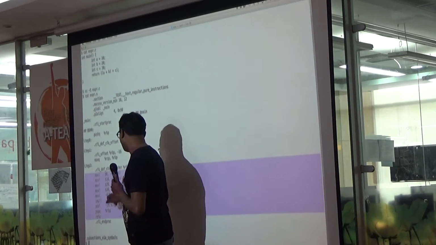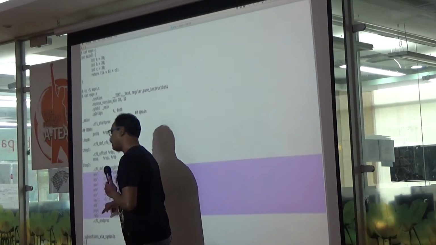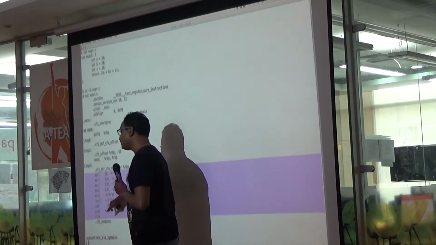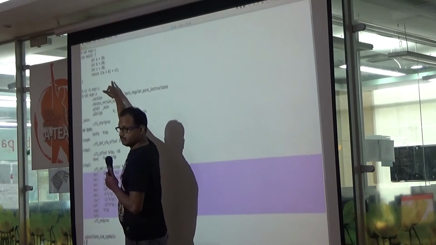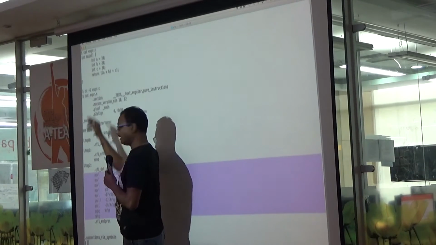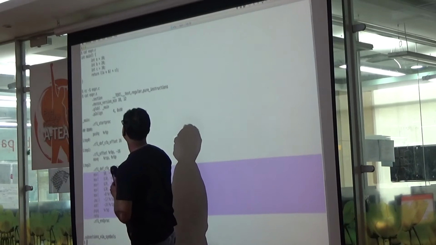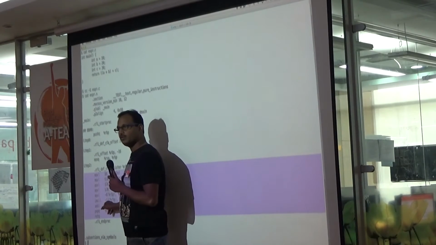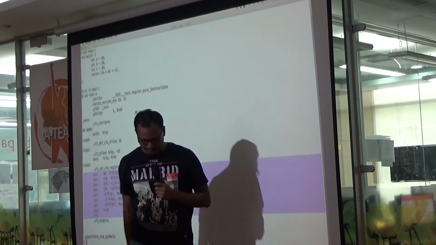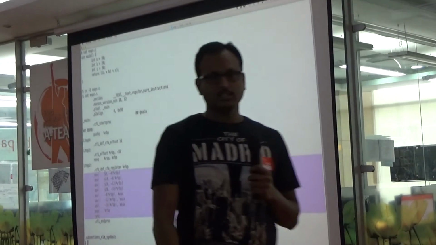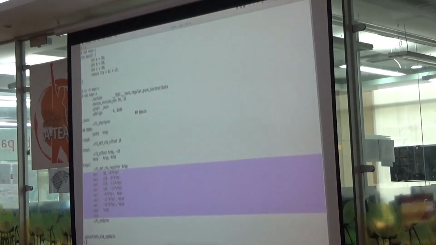So what you got is 200, and then you add 200 with the location C, which is 30, and what you get is 230, and that's what is returned back. This is one example of native code generation.